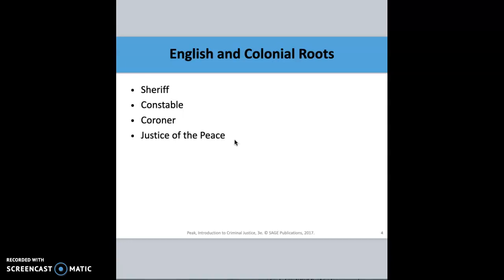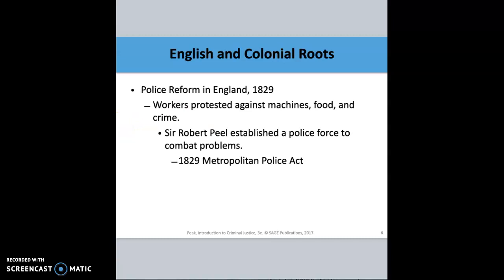Many states have done away with justice of the peace type positions, although you will find them a lot in the northeast part of the country. They still have justice of the peace courts. And again, they tend to handle relatively minor type infractions that occur within the community. So all of these concepts, the sheriff, constable, coroner, justice of the peace, they all have a history in England, and our colonial roots. So a lot of these things that the founding fathers continued were carried over when they came here from England.